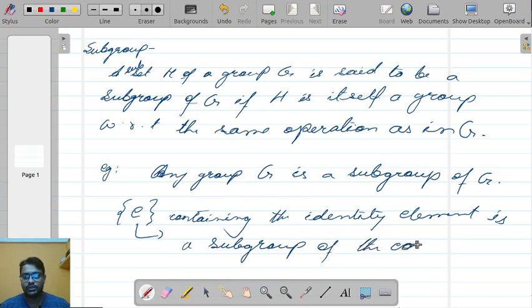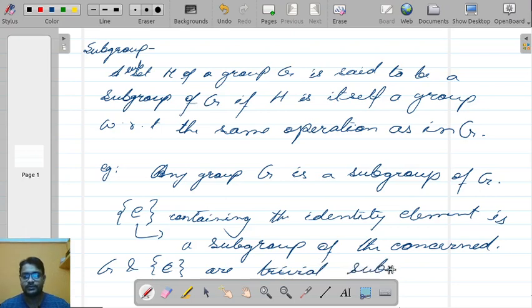So this identity element will be the identity element of that concerned group, and this is also a subgroup. So this G and singleton E are the trivial subgroups. Any group has at least these two subgroups,